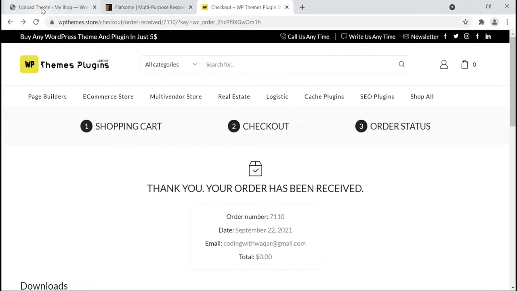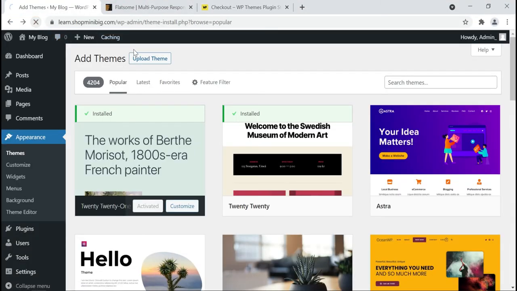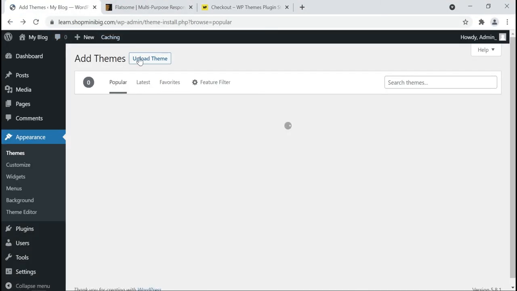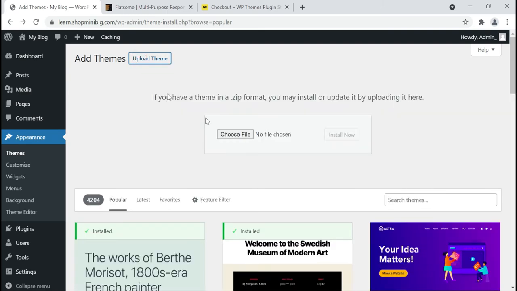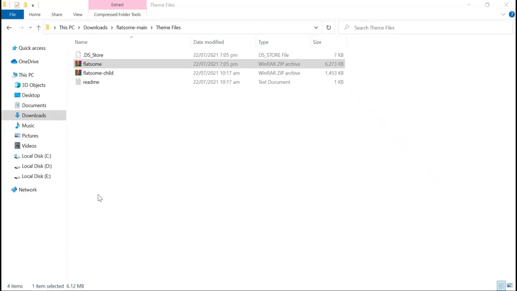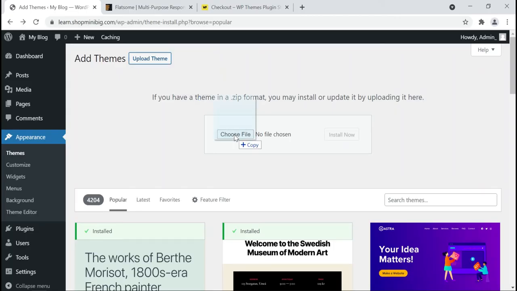Go to website, click upload theme, click choose file, or you can simply drag and drop to the choose file button and click install now. It will take a few minutes and your WordPress theme has been installed.